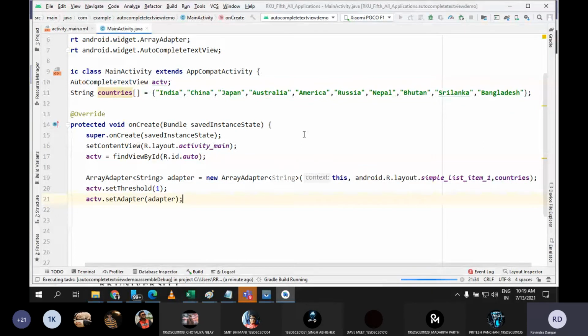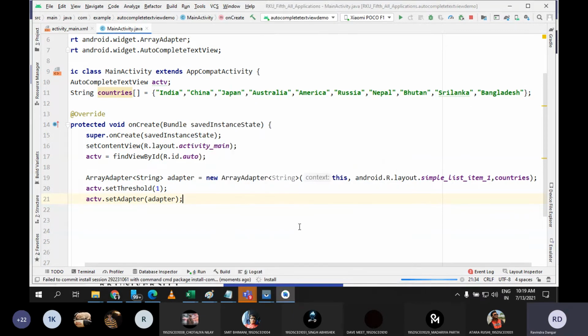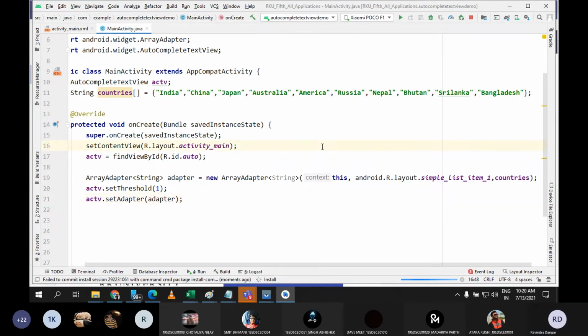This is a very important component. Okay, so now it is getting installed. Wait for a minute. Yeah, now it is installed here.